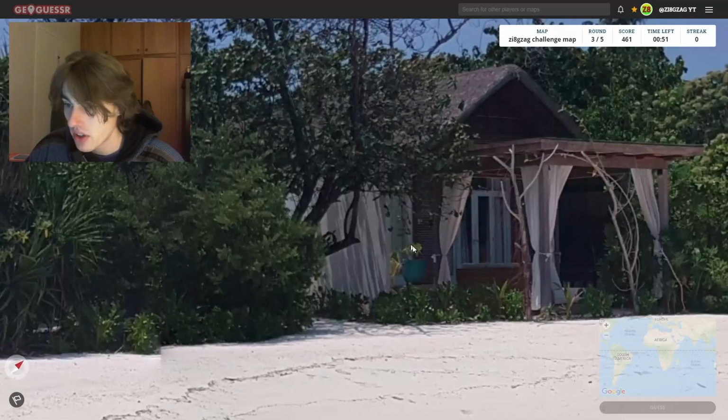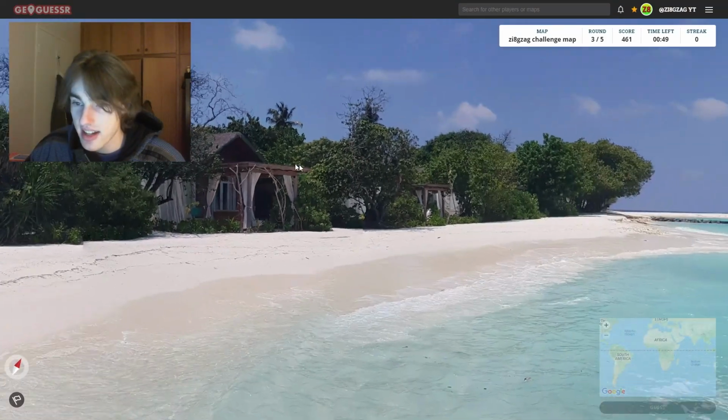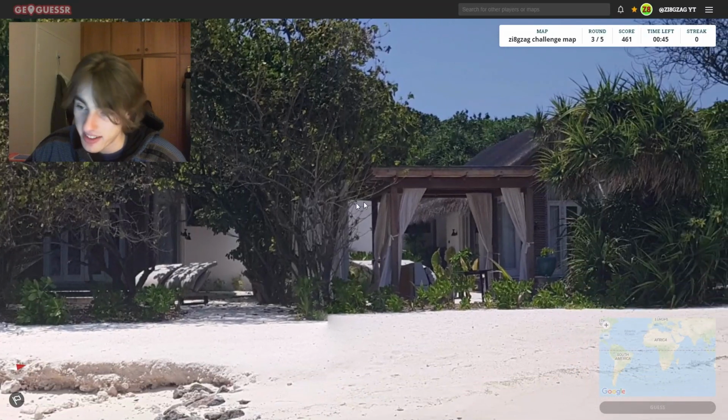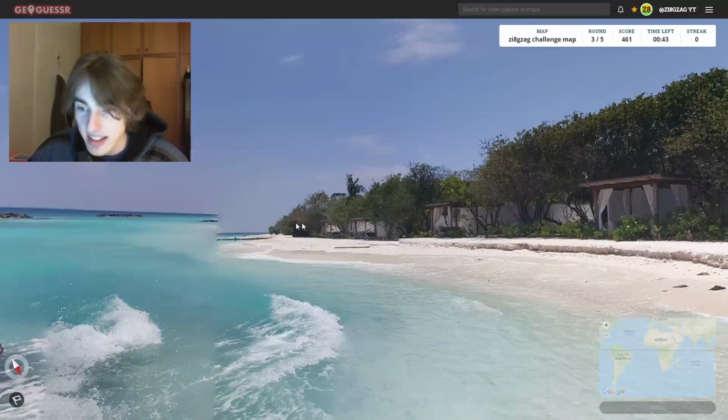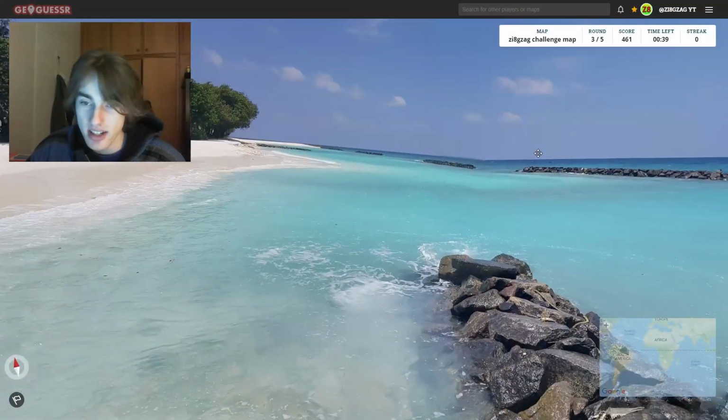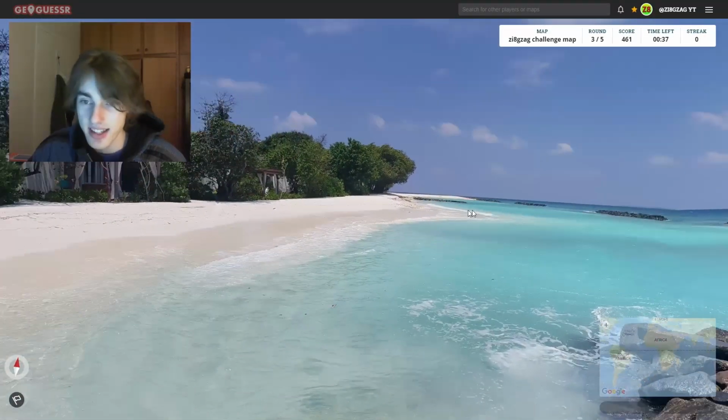Okay, so the next one, right on a tropical island again. I like this one. We got the shutters. This is actually quite classy architecture for tropical islands. A lot of the time it's a bit tacky, but I like these ones a lot, actually. Just got some rocks. So the ocean is kind of out to the west here. I mean out to the east, but,